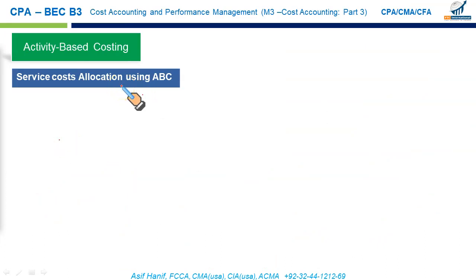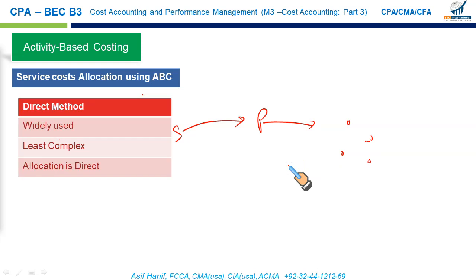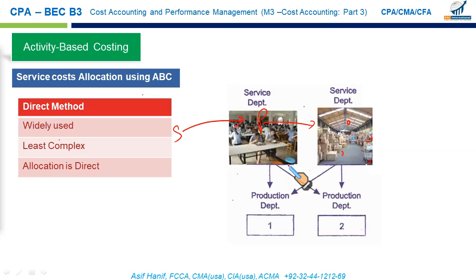There are different service departments in a company. So we need to allocate those service department costs to production. Eventually, service department cost will move to production, and from production, it will end up in the end units of products, right? So there are 3 methods, but in CPA, you will be studying only 2. In CMA, we do all the 3. The first method is the direct method of allocating the service department cost. It is the least complex method.